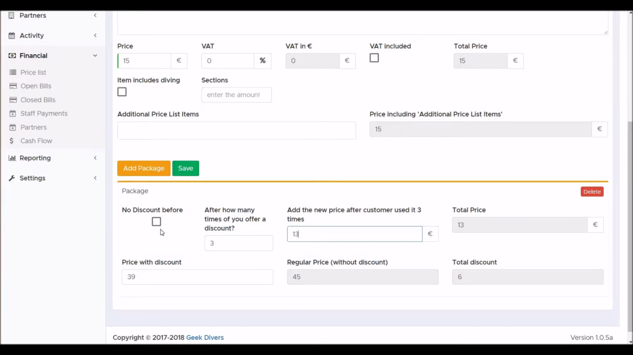If you don't tick this box, it means that as soon as the customer goes on the boat for 3 times, the whole bill will be recalculated with 13 euros per boat trip. It's entirely up to you how you want to set it up, and if you need help, you can always send us a message. Don't forget to save your package,